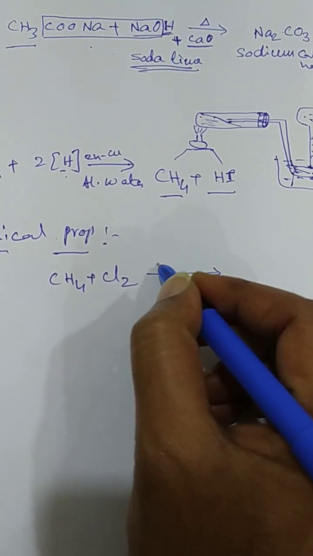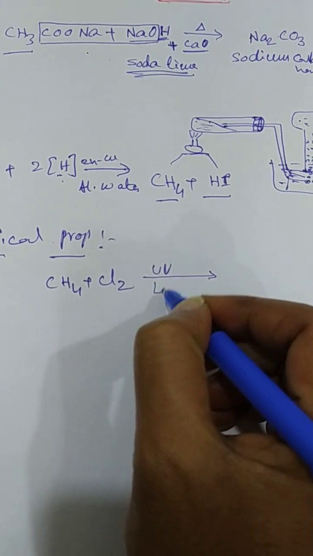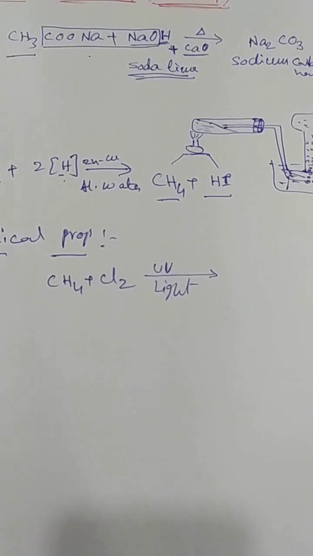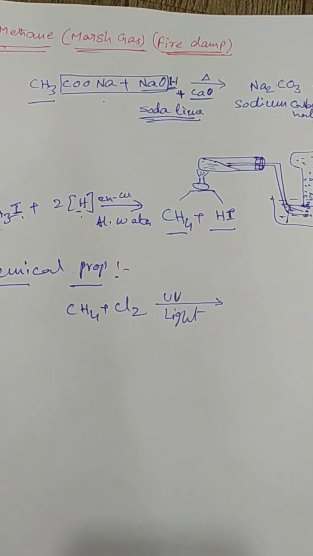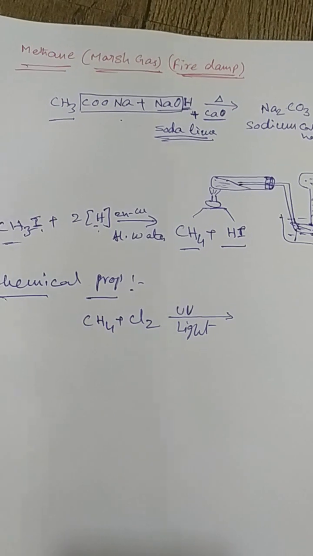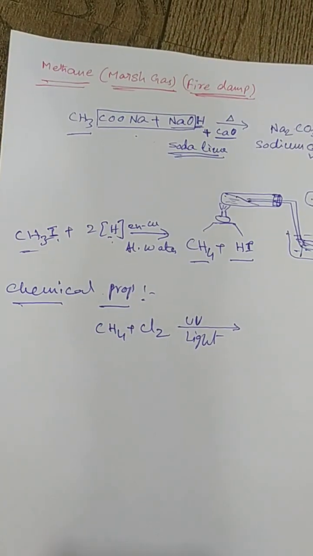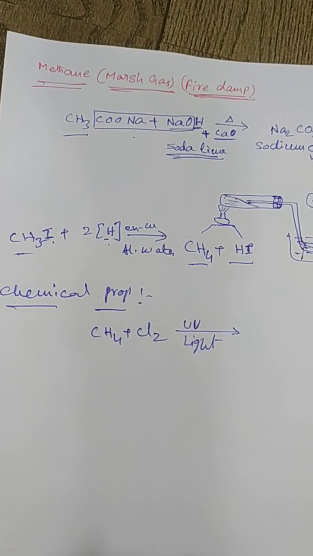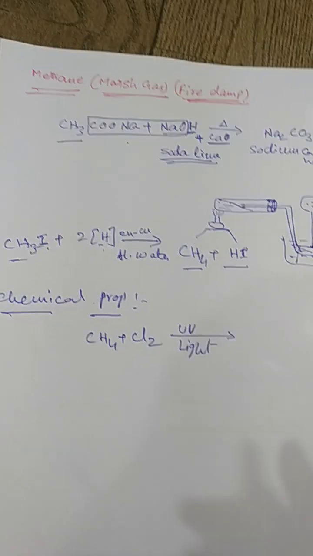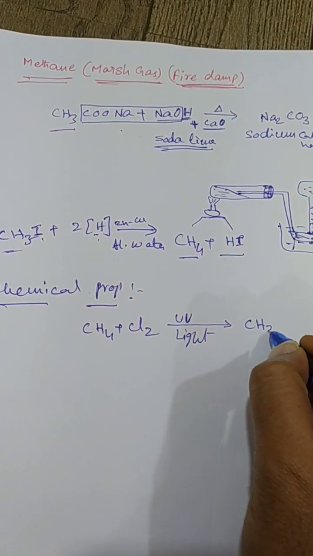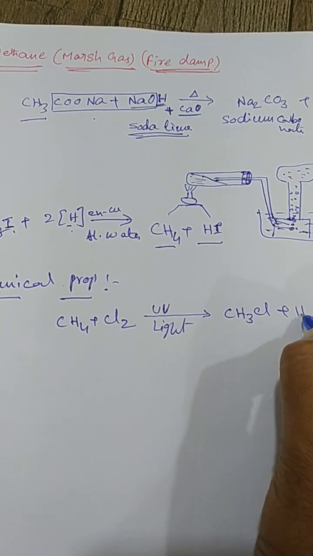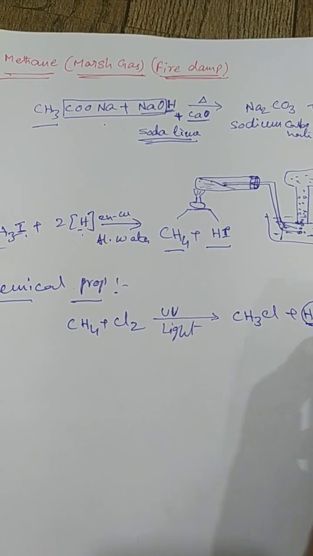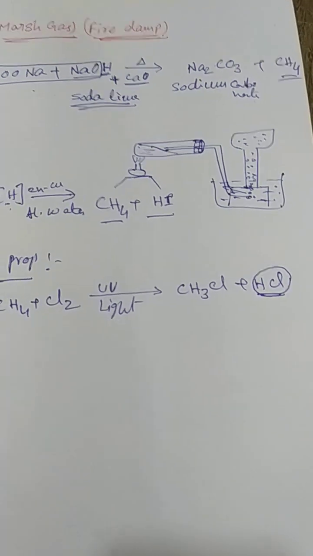sunlight, that is called UV light. That means the reaction happens in sunlight. Basically, this is a natural light. It is called a natural reaction, where methane is generated from dung, from fecal material. That methane will easily react with chlorine and form methyl chloride, CH3Cl, plus hydrochloric acid. And this is important: hydrochloric acid is a byproduct here, okay, and this is a natural reaction.